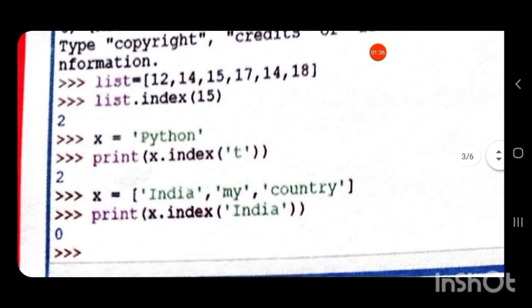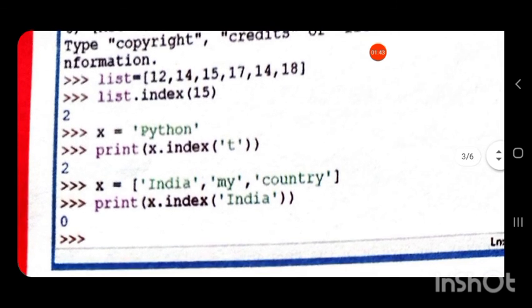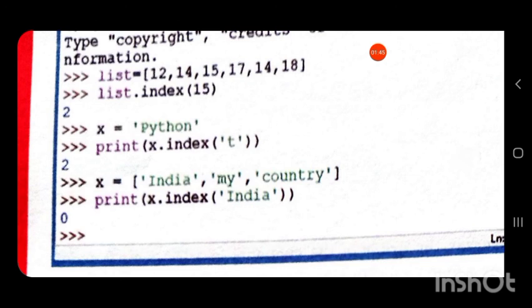Now we have another list x, containing 3 strings, including India, my country. So print x dot index in brackets India. India is a parameter, an argument passed to the function index. So the index function will return the index position of the string India.